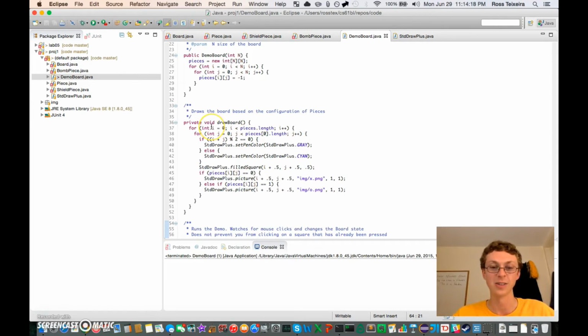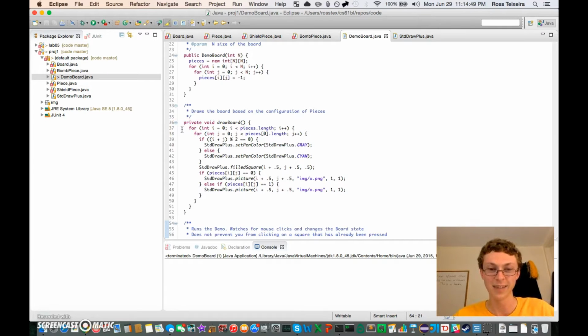So i goes through the columns, and then for each column, our j will go through each row. Because if you access one of the indices of the outer array, then you will get another array, which is the other dimension of our two-dimensional array. So these for loops are going to go through every square in every row and column,